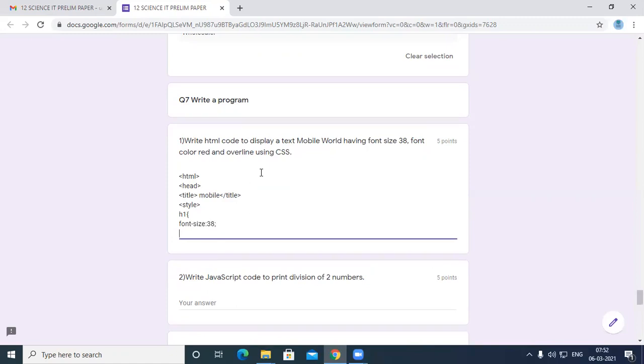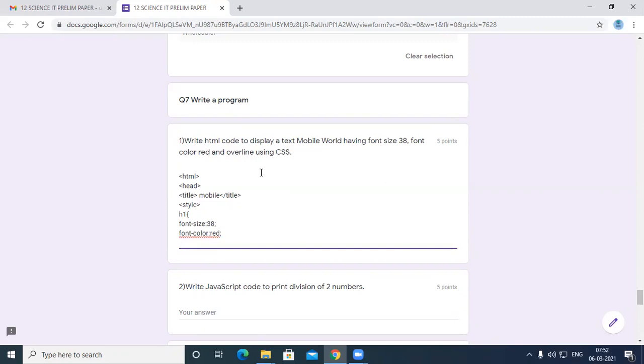This is how you will be writing the code.